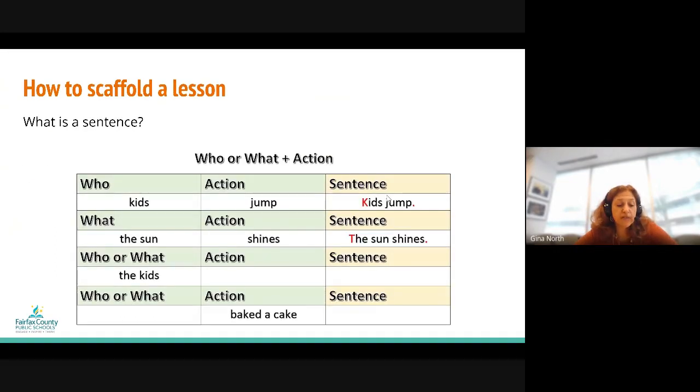To scaffold a lesson for this standard, we may start by teaching what makes up a sentence. We use a graphic organizer or some other visual tool, such as the one here, to help illustrate our point. You will notice that the first 2 entries here are complete examples. The next 2 remove some of the supports, providing a gradual release to eventually having the student create simple sentences independently. The use of color also helps accentuate the concepts of starting sentences with a capital letter and ending with